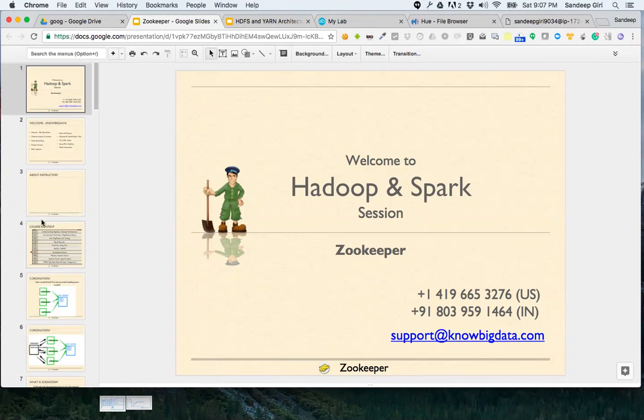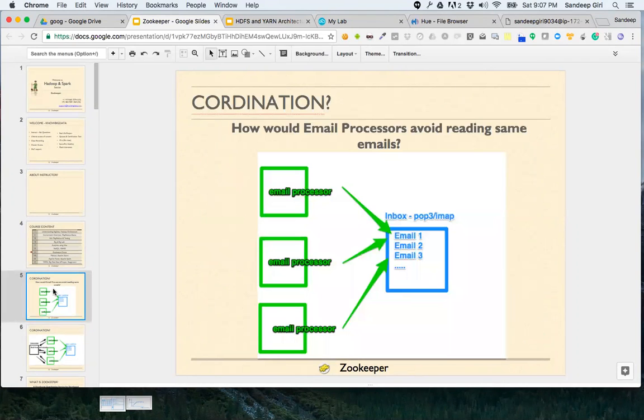Here is a question for all. Before we jump into anything, imagine that there are multiple email servers, multiple email processors.